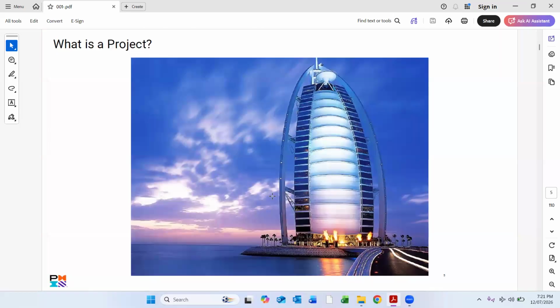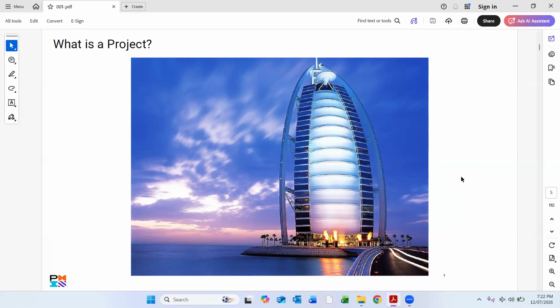So what is basically a project? Do you know what is basically a project? Can you define the project? Some kind of work commitment, right? No. A project is a temporary endeavor. A project is a temporary endeavor which has a specific timeline, a specific start date and an end date.